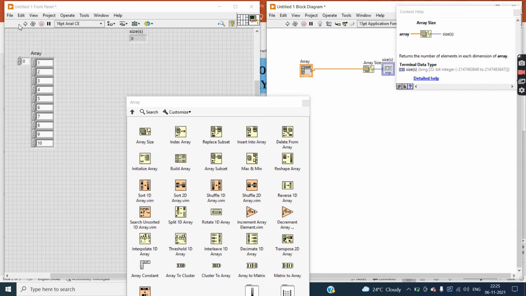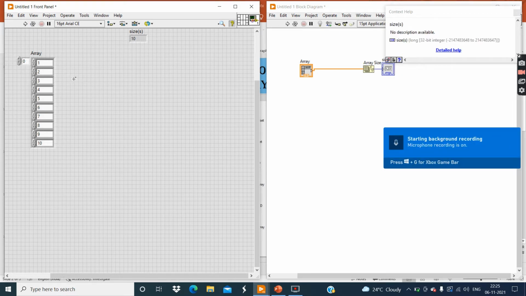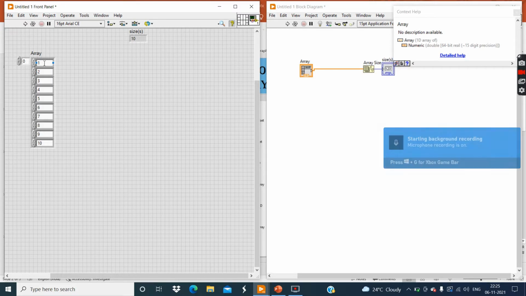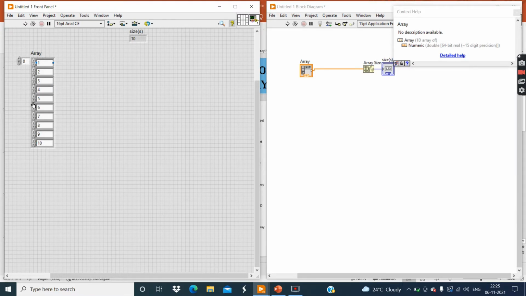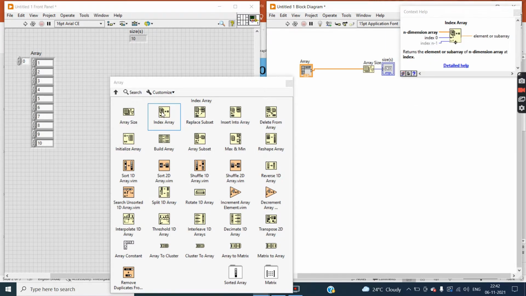Then click on the run button. You can see size 10. That means there are 10 elements present in this array, so the size of this array is 10.